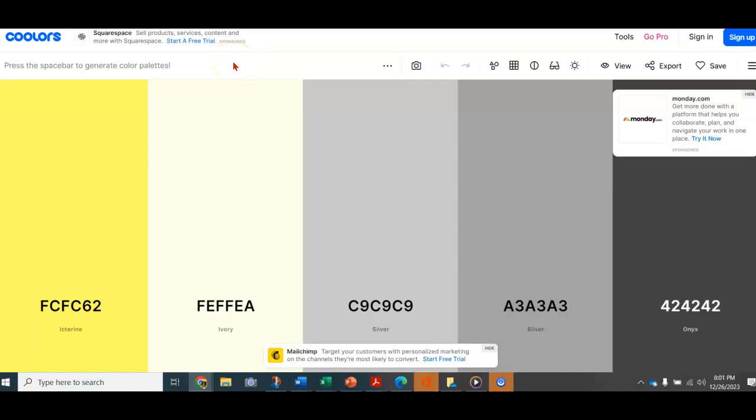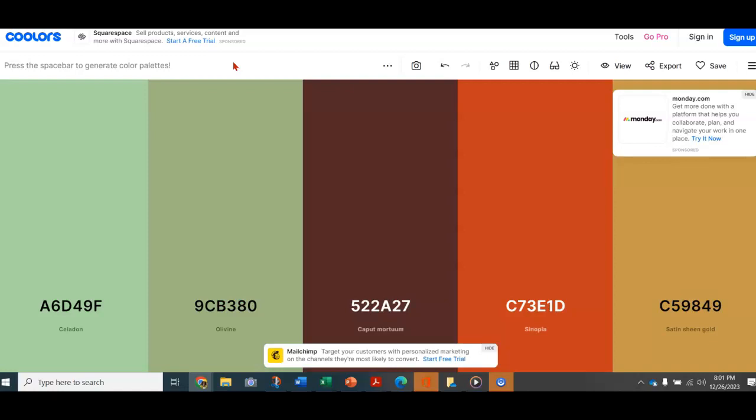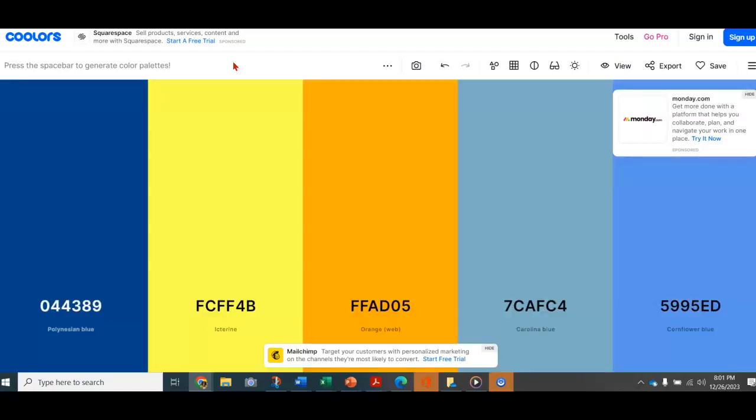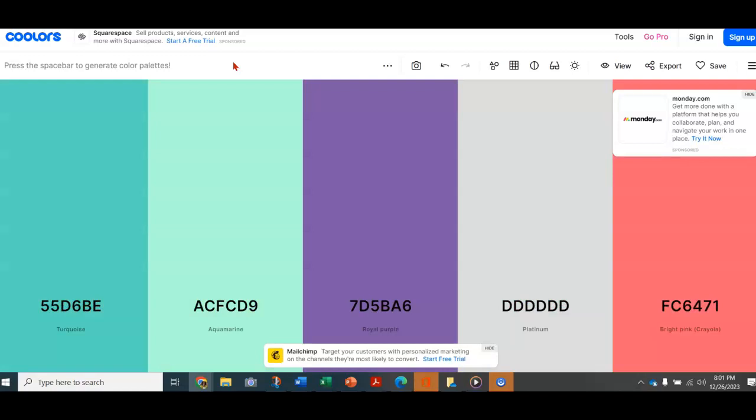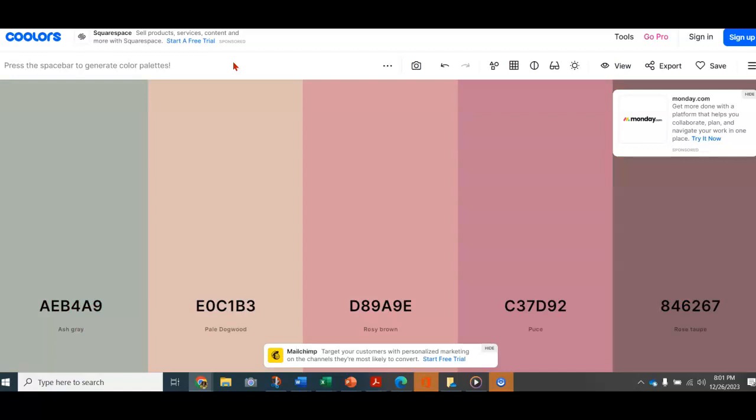So if I want to move through the color palettes, I just hit the space bar, and it's just going to keep creating stuff for me. So I'm just hitting the space bar, and it's allowing me to just have random color palettes pop up, okay? If I find a color palette that I like, but maybe there's one color in there I don't like,